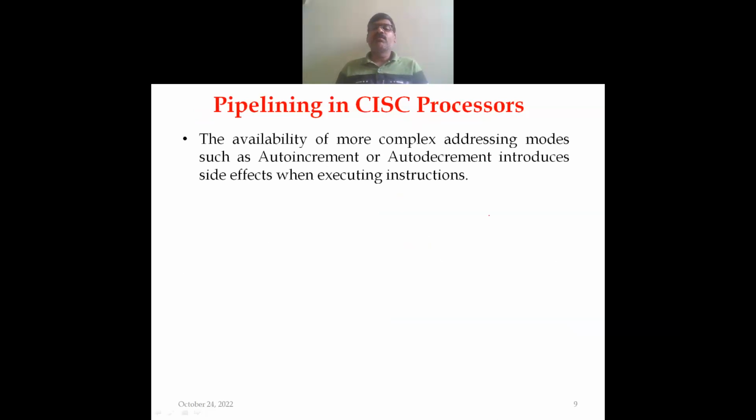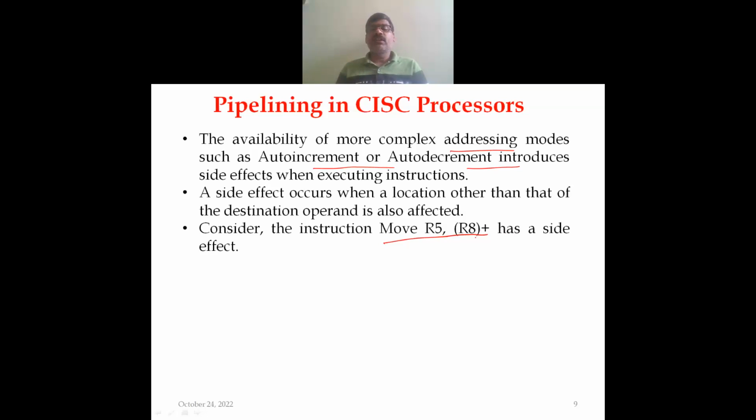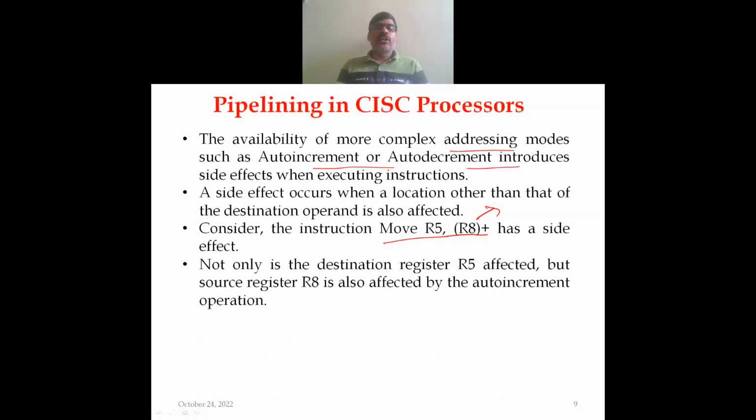The availability of more complex addressing modes such as auto increment or auto decrement introduces side effects when executing these instructions. A side effect occurs when a location other than that of the destination operand is also affected. For example, consider this instruction, move R5, R8 plus, which has a side effect because here we are making use of auto increment on the R8 register. So not only is the destination register R5 affected, but the source register R8 is also affected by the auto increment